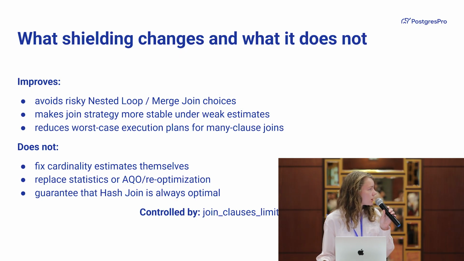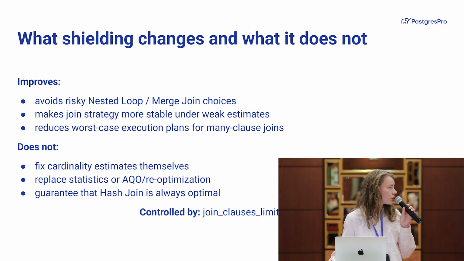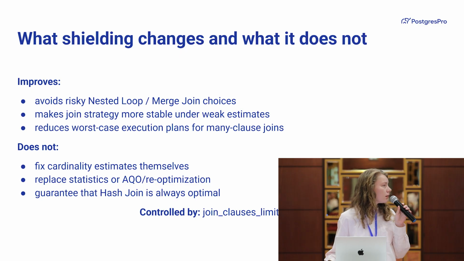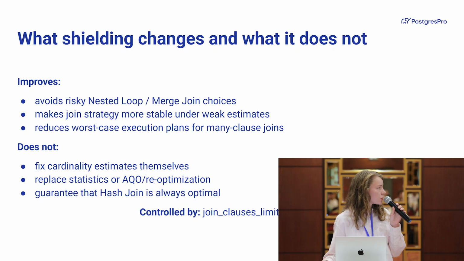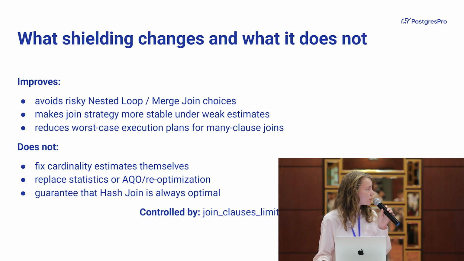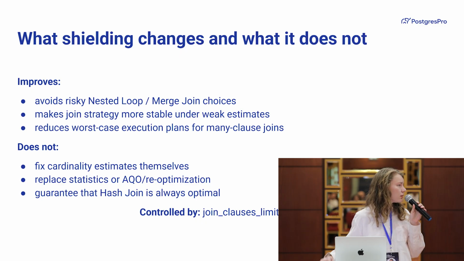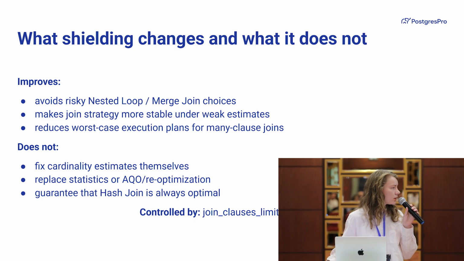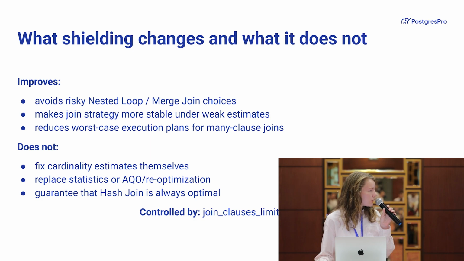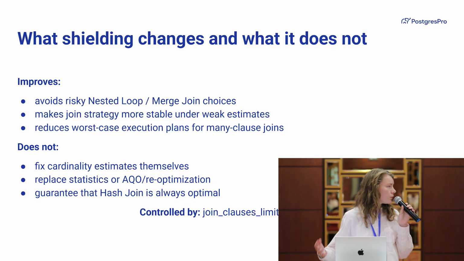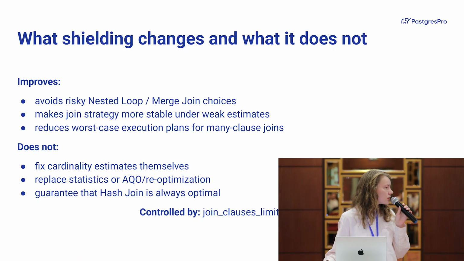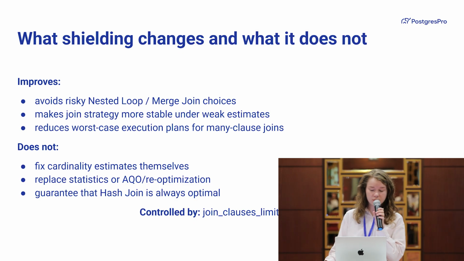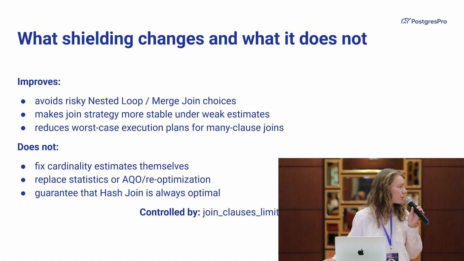We need to mention that it helps to avoid risky nested loop and merge join choices when execution actually appears to be much slower than we expected. It also makes join strategy more stable when the planner can distinguish different ones, and most importantly, it reduces worst-case execution plans for many-clause joins, as was mentioned above in the